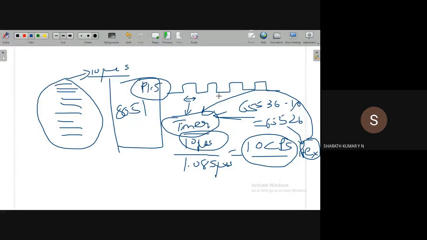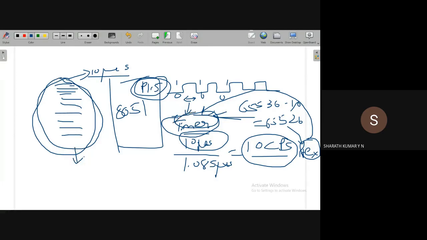This delay can be observed by toggling a pin. Toggling means setting 0, 1, 1, 0 like this continuously. So this will generate a square wave, and thereby we can generate the delay simply by executing the program instead of using a timer. We can make use of this method. But the disadvantage of this method is that we cannot generate an accurate delay.